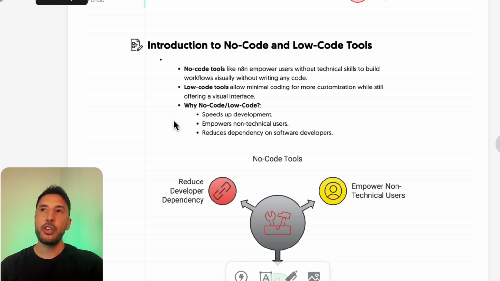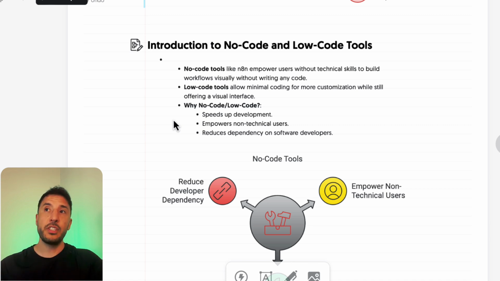So there has obviously been a huge influx of no-code and low-code tools that have come into this space because of AI, right? No-code or low-code tools like n8n really empower users that previously didn't have technical knowledge to get involved and build workflows, because the user interface for these tools has become extremely powerful, where now you don't need any background in coding. Before, in order to build these automations using technical tools, you needed to know how to code. Otherwise, there was no way for you to jump in and create these automations or workflows yourself.